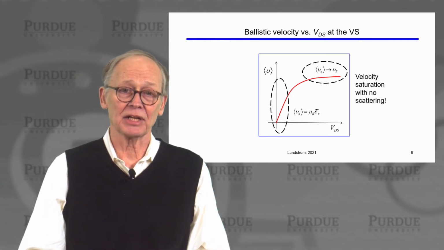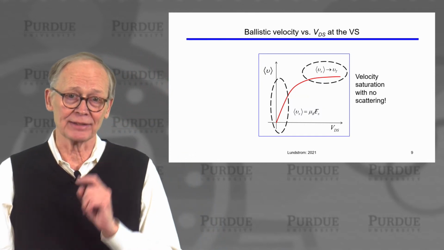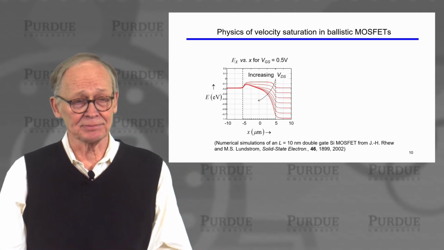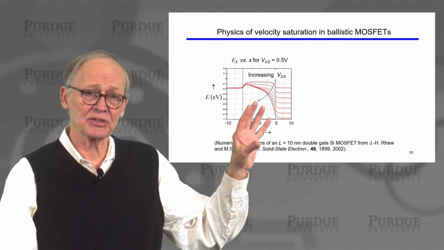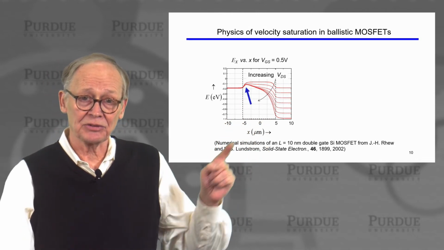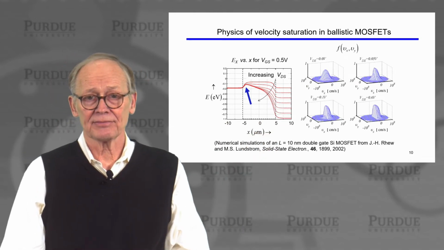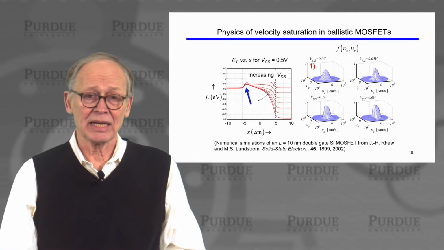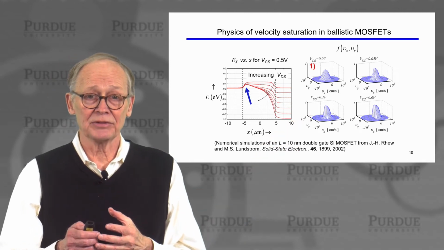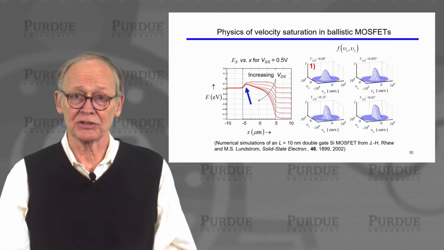So we get velocity saturation with no scattering at all in a ballistic MOSFET at this special point, the virtual source. We talked about the physics of that by showing some numerical simulations of what happens at the virtual source when we increase the drain voltage. If we start out at 0 voltage between the drain and the source, we have an equilibrium Maxwellian distribution of electrons,